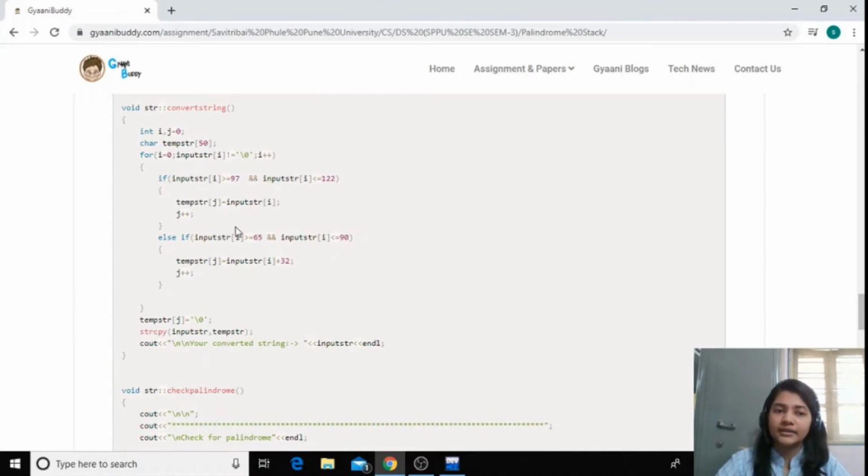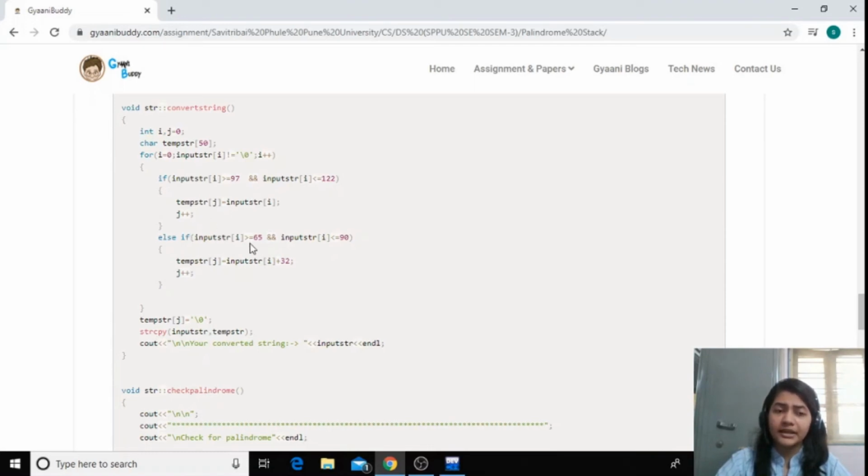We have to store it in the temporary character array, temp str of j, and we are incrementing it in the loop. So j will increment only when we have encountered small a to small z. Otherwise the else if part will be executed.